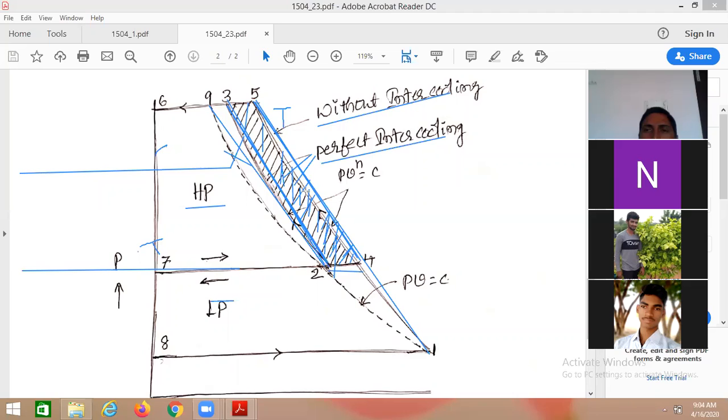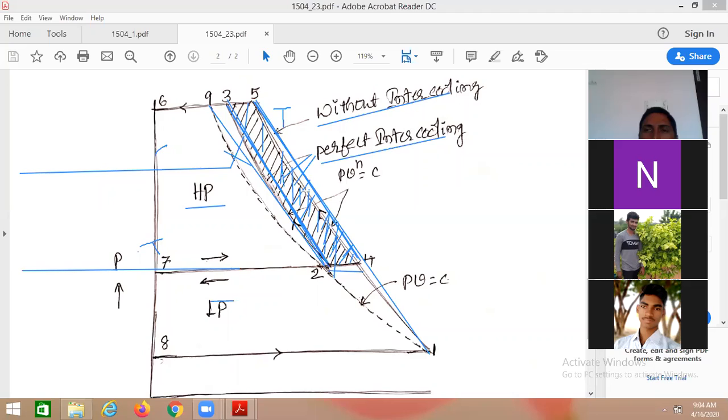After introducing the intercooler, the temperature after compression in the first stage, T2, is the same as the T1 temperature. So when T1 equals T2, it is an isothermal process. How do we represent an isothermal process between state points 1 and 2? P1 V1 equals P2 V2. Since P2 and P4 are on the same pressure line, P2 is also equal to P4. By substituting in the above equation, this is what we get.